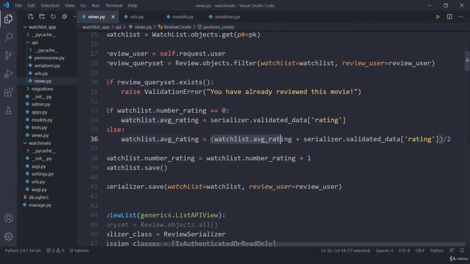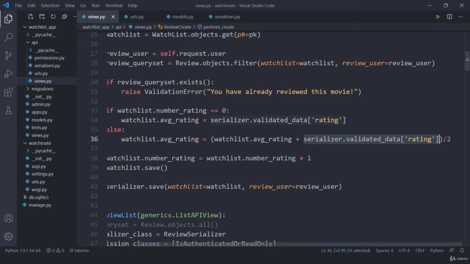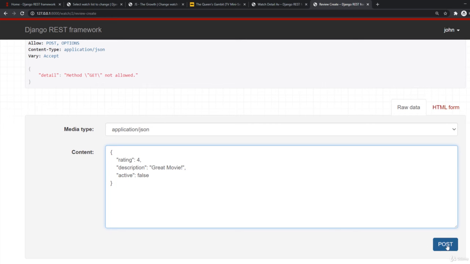So the current average rating is 5-star. New value that we have sent for John is going to be 4-star. So 5 plus 4 is going to be 9, then divided by 2, which is 4.5. So we are going to update this instance with 4.5 and then we are going to increase the number of rating by 1. So if I submit this one,